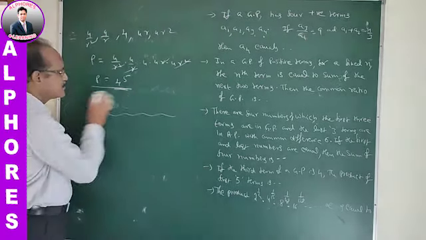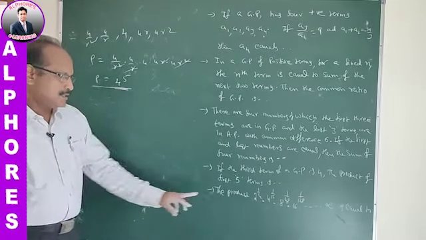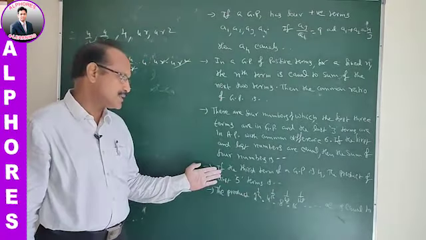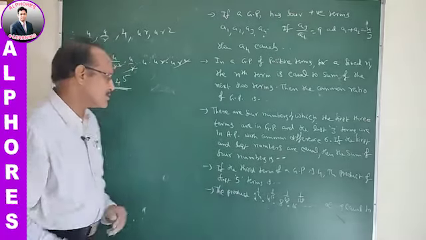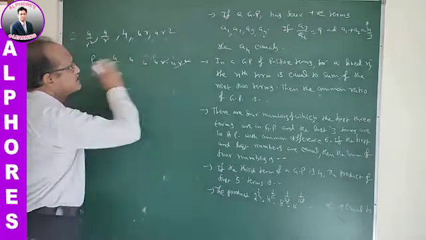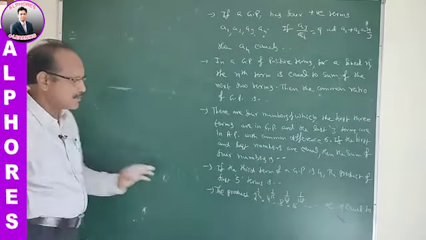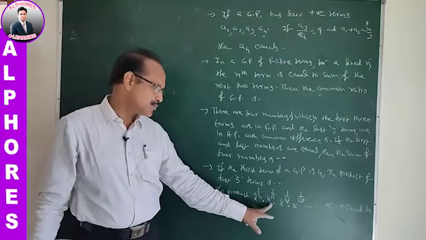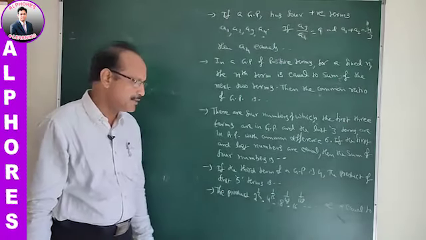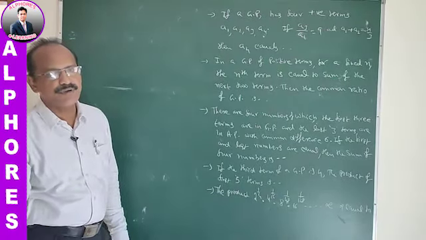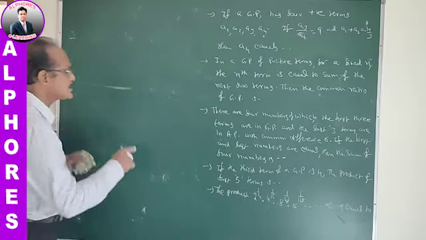Right. Coming to the last question. The previous one is a simple question, but it's a standard question, and the last question is also simple, but it's a standard model. Now, basing on GP, the product 2 power 1 by 4 into 4 power 1 by 16 into 8 power 1 by 48 into 16 power 1 by 128, so on. The product value is required.